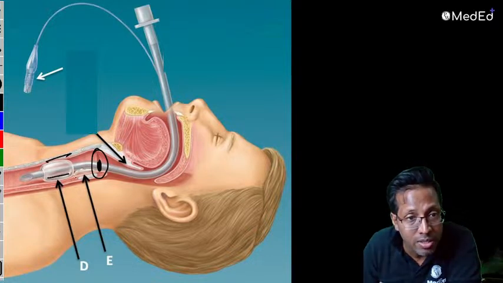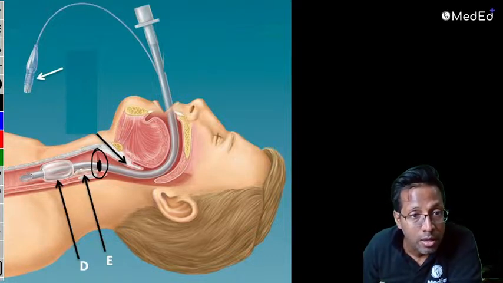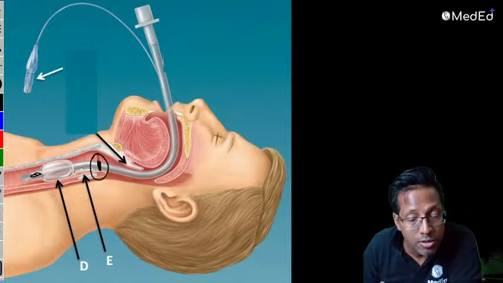If the cuff comes here, this cuff is what prevents the aspiration. You will see the secretions will get accumulated here. This prevents aspiration. This is the bevel, right? Here was the Murphy's eye. So this black line lies here. It tells you